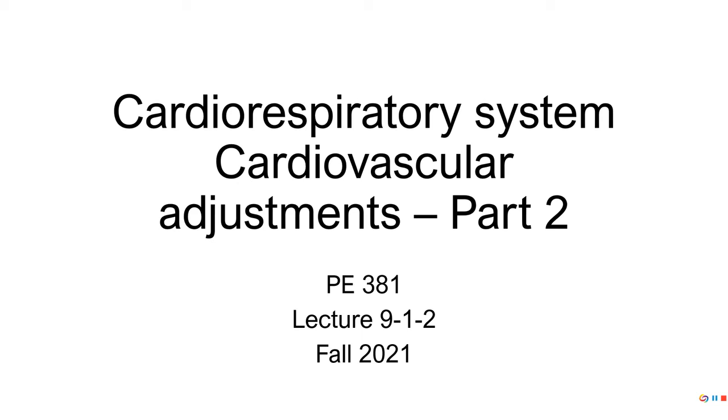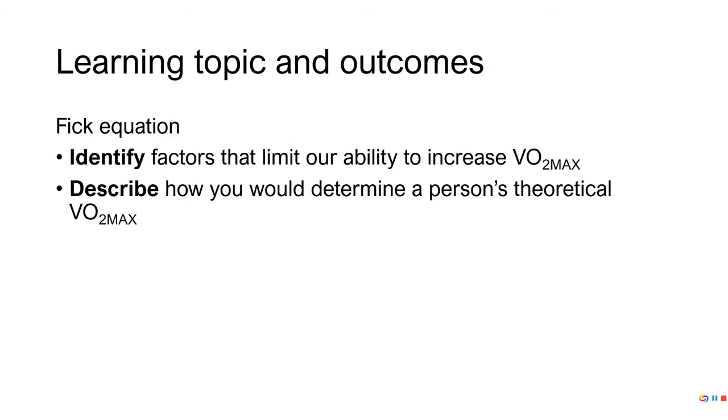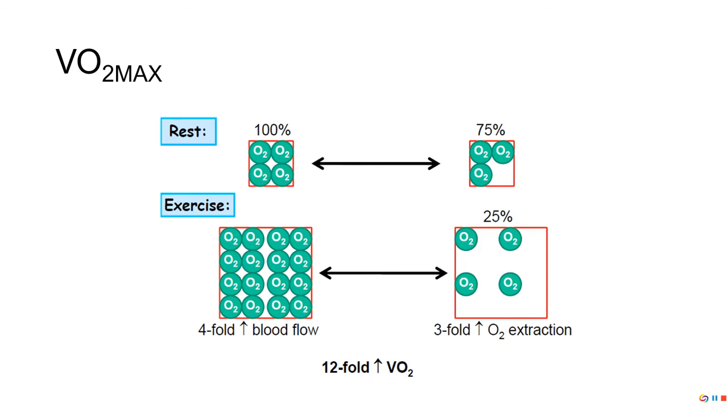And we also need to do a good job of redistributing blood flow so that this increased cardiac output is going to the places where it needs to go. Okay, so with this, we're going to talk about VO2 max, and then we're going to talk about how we can determine that. Okay, so just to make sure that we're all on the same page, VO2 means oxygen uptake,